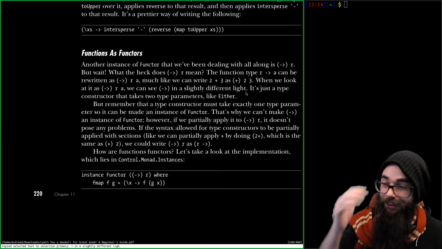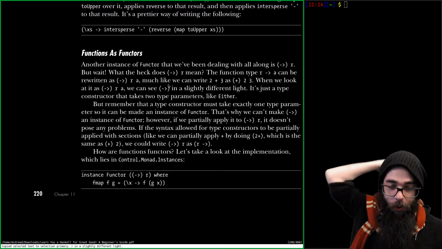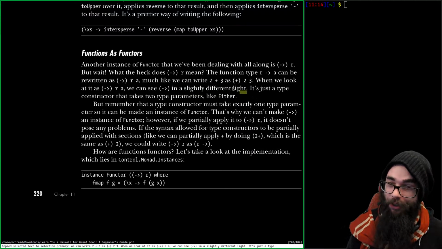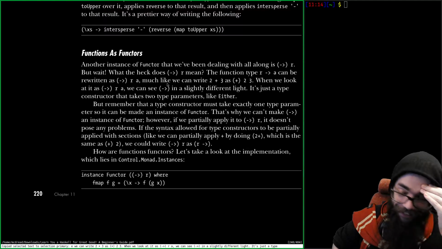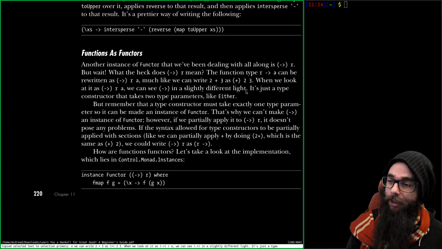Oh, it was a pun. I didn't get the pun. Yeah, it's in a slightly different light because I'm using dark mode. Oh man. Too often. I really like puns, but sometimes they're just